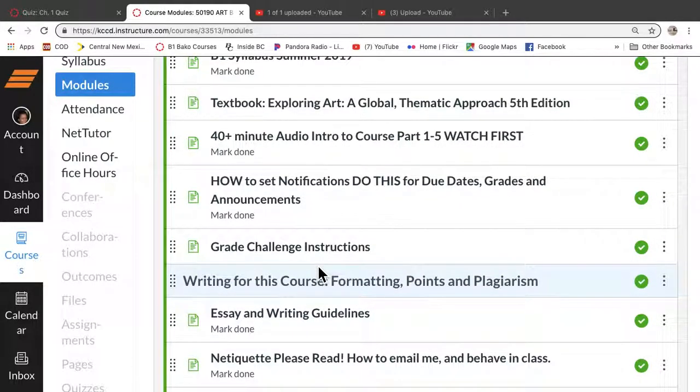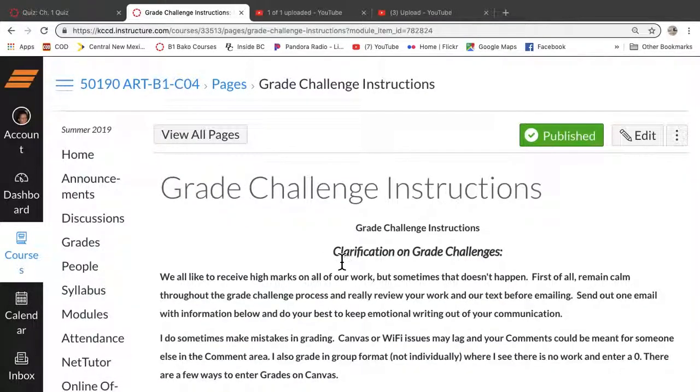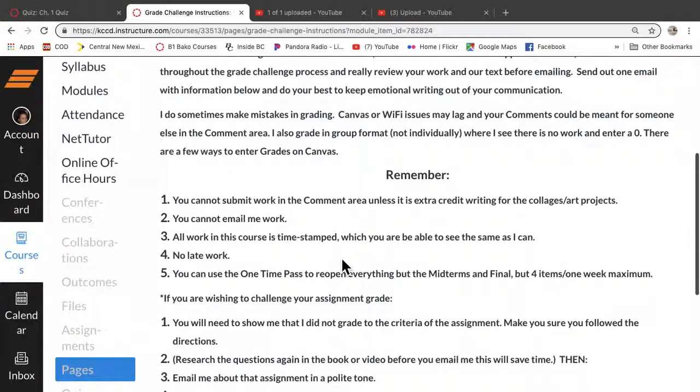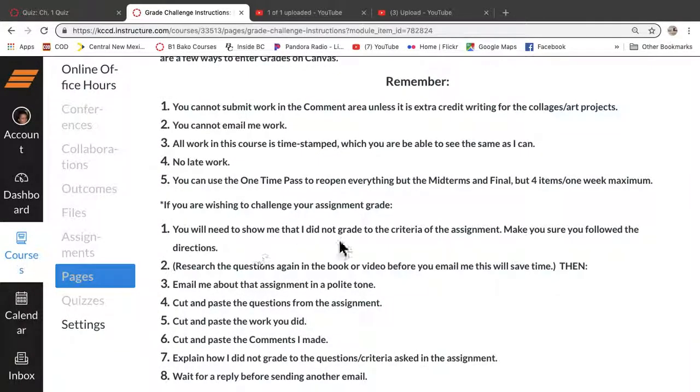And I sent an announcement out already, so you should have gotten it. If you haven't, then change your notification settings. If you get into a grade challenge, it's per assignment. It isn't for the whole course. It's per assignment. And you're going to want to explain to me how I did not grade to the criteria of the work, okay?